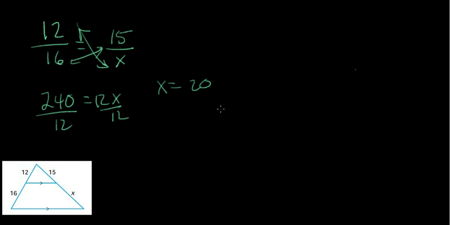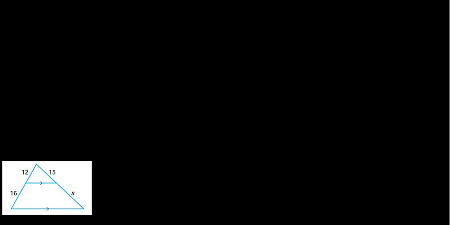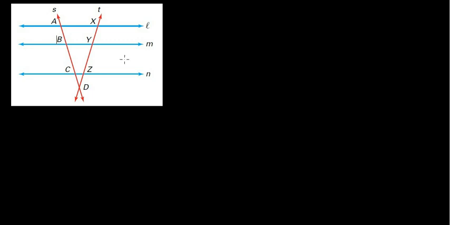And there's one more thing, and that's the two transversal corollary. So now we can look at that other thing I was showing you a minute ago. All right, the two transversal corollary. These two red lines are what we call transversals. L, M, and N are all parallel. So the transversal corollary says three or more parallel lines